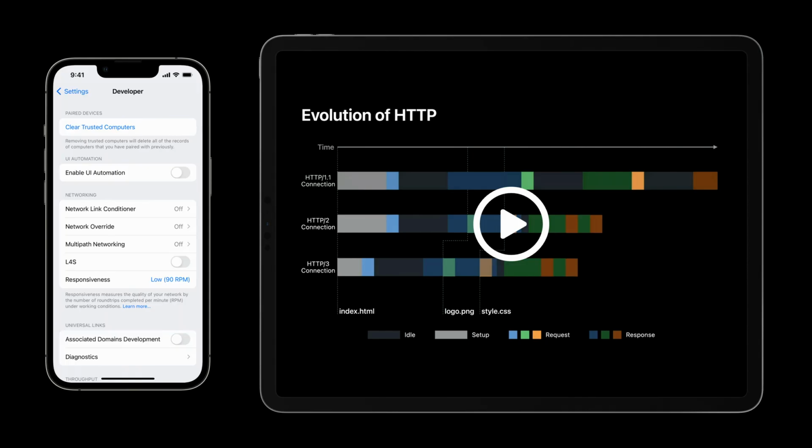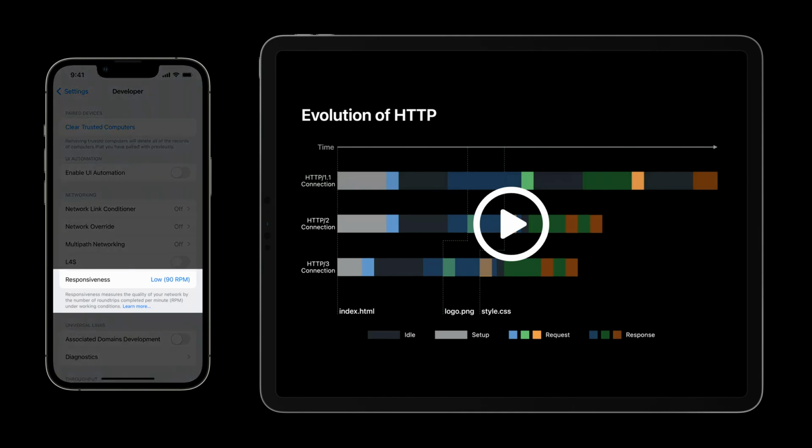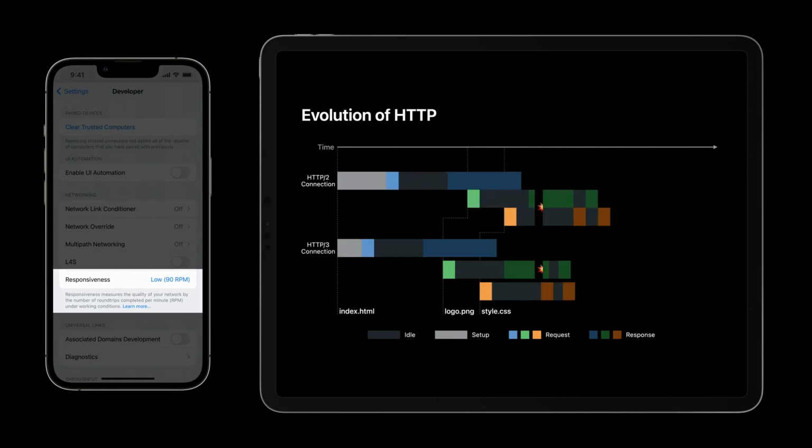So, we investigated the reason for this slowness in random access. We used the Network Quality tool to test the behavior of a streaming server, and we found that the responsiveness score was poor.